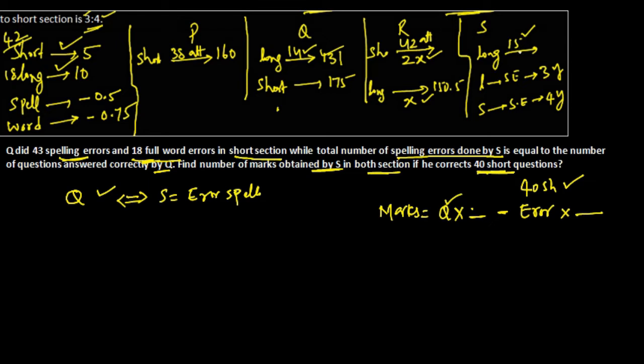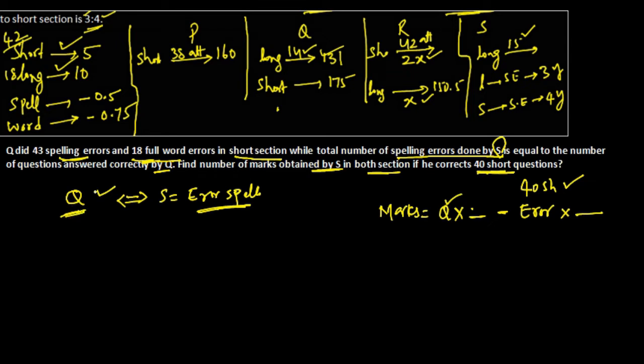So you know about the correct thing. Now we need to find out the total number of errors done by him. So he has done only spelling errors. What is the spelling errors done by S? That is equal to number of questions answered correctly by Q. Means in order to find out his spelling errors, we need to find out the number of questions correctly done